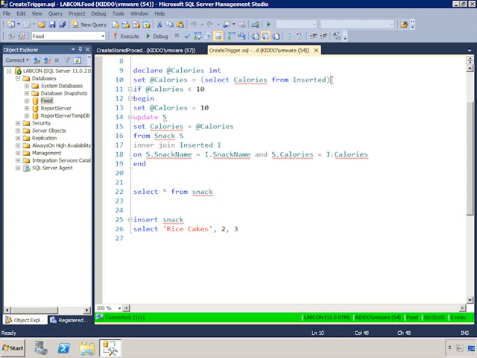There's a hidden table. There are 2 hidden tables. When you insert and delete data in SQL, the tables are inserted and deleted, and they go into these special tables so that you can get to them via triggers and you can work with them. So what I'm saying here is set my variable calories equal to